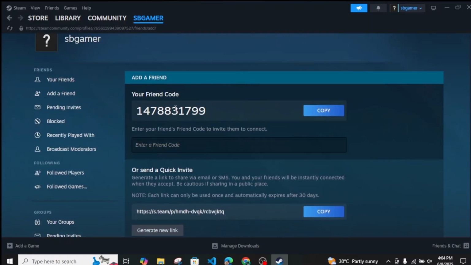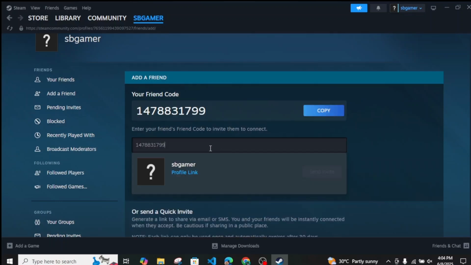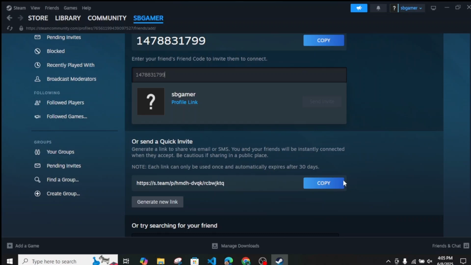The first method is, if you know the friend code, you can simply copy that particular code over here just like this. In this case I'm showing my own, so this is my profile, but if you know your friend's code, you can simply paste it over here and just click on the Send Invite button to send the invitation. Another way you can do is you can simply copy this quick invite link to invite